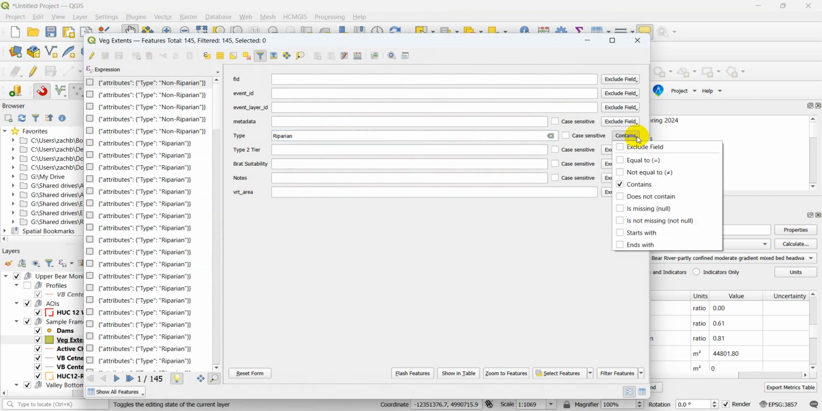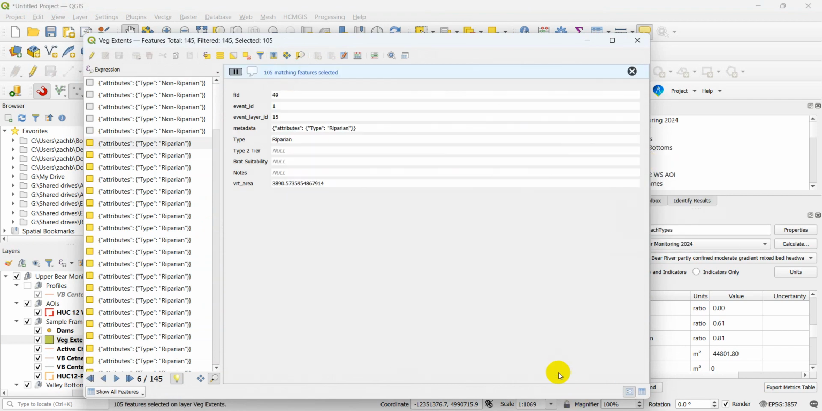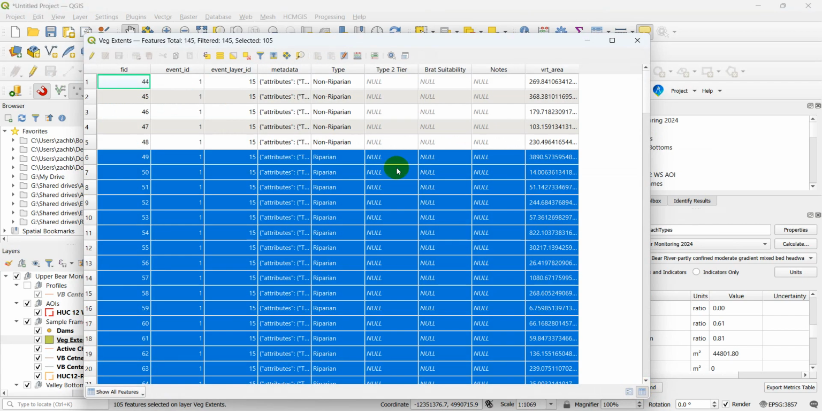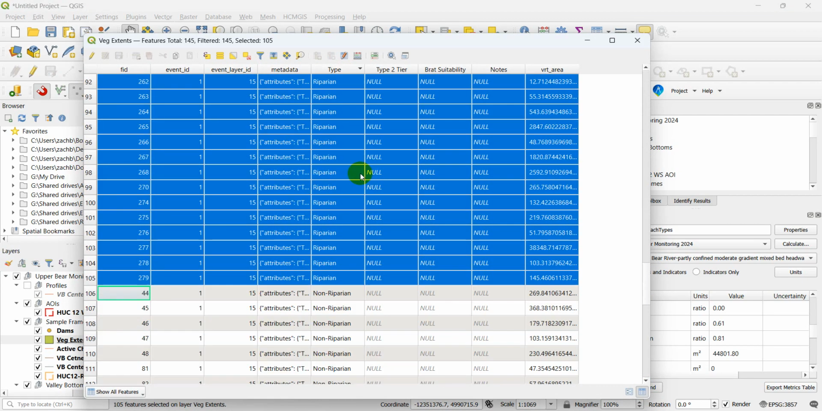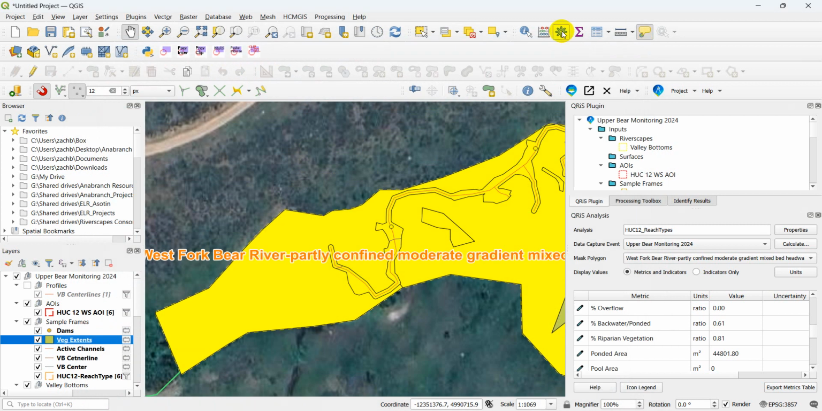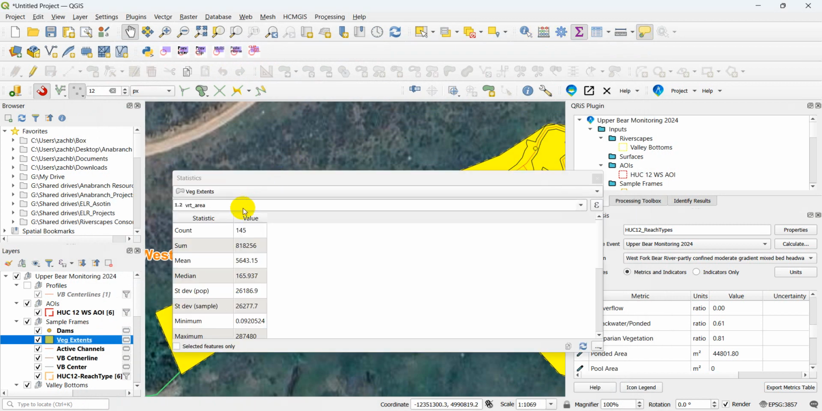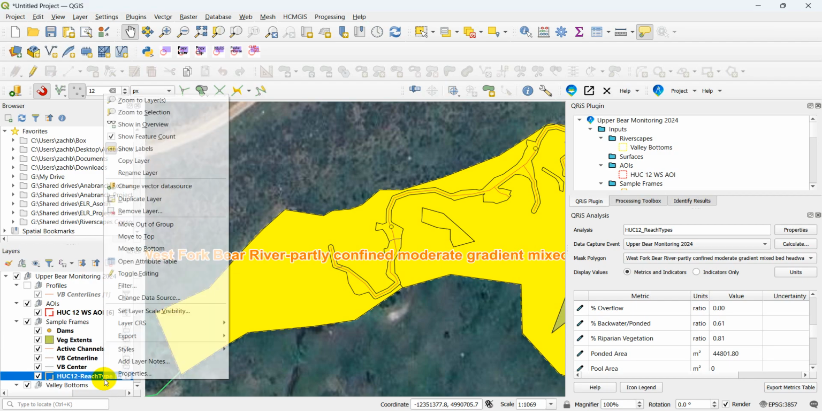So that's my mistake. And we'll just make sure all the riparian values are selected. And then we'll just do the selected features only. So we get 742,725 square meters. And if we compare that to the,